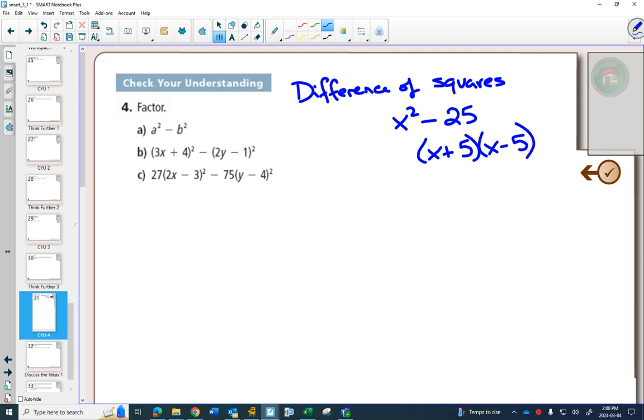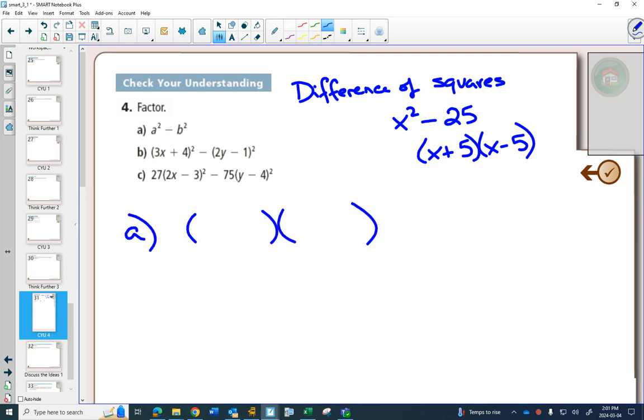And we've learned that these are called conjugates when you have a binomial with the same numbers and just the middle sign has changed from plus or minus. This is on page 175. So then for A,